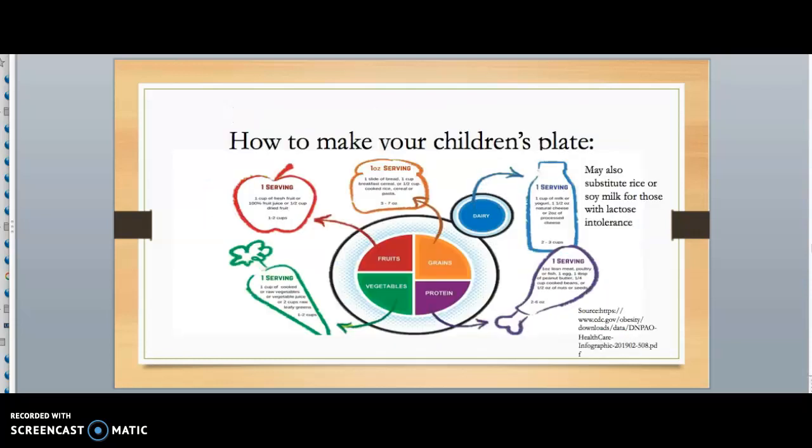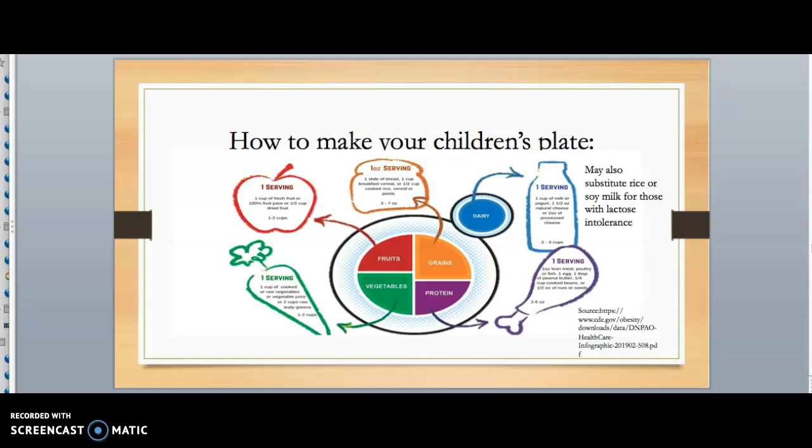So, giving you another overview more specifically, we have a plate here, and it's divided into 4 categories: fruits, vegetables, grains, and protein. As you see all the arrows coming out of each part of the plate, it shows you roughly what type of serving the food category needs, and an example of what type of food you can prepare within that serving size.